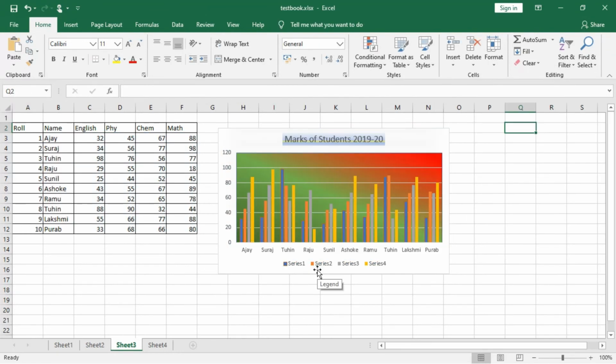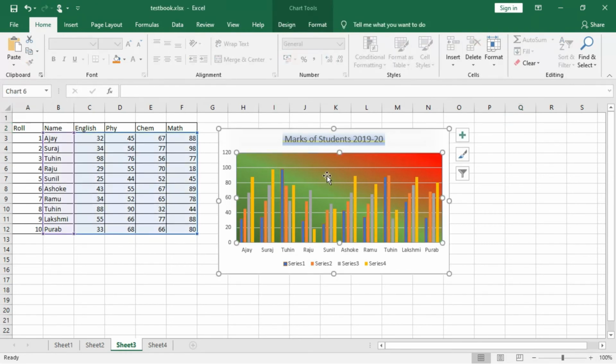Now the topic is formatting a chart, how to format. There are different elements of the chart that can be formatted. We can change the plot area background, we can change the chart title, we can change the format, the axis, the legend, the data series, all such. First of all, you see out here the plot area background, a shaded portion has already been created out here. This is the chart area which you can see right now.